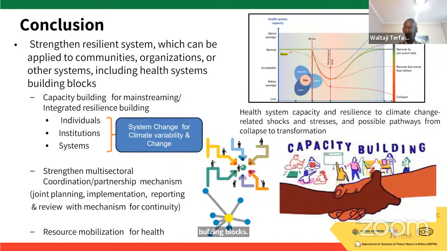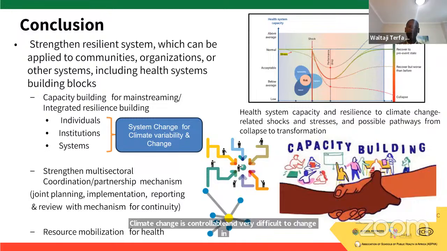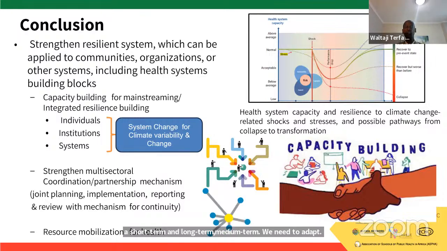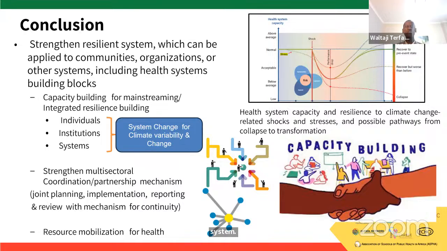We need to build the individual capacity, the institutional, and then the system capacity, because climate is changing. Climate change, if you remember, is uncontrollable, and it's very difficult to change in the short term, medium term, or long term. So we need to adapt. For adaptation, we need capacity building for the health workers and for the entire system. For example, are most of the health workers aware of climate-sensitive diseases while they are serving the community? We need to create that awareness, because it's not there in the